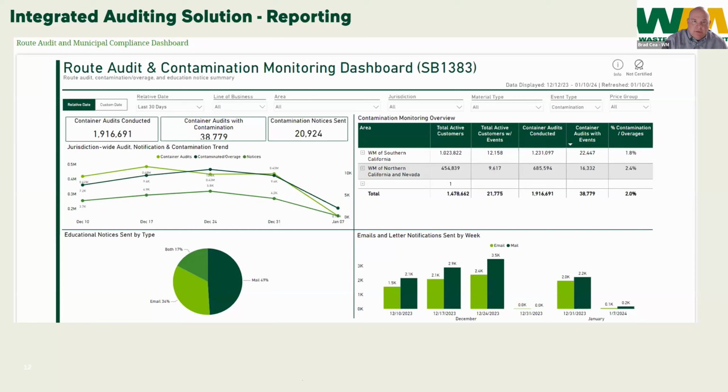So this comes for the city of Ridgecrest and all of our WM customers who have been signed up with SB 1383 in their contract, and it's available to them. Unfortunately, right now, there is no portal for our customers to dial in, but we're working on that. So we mainly get this information to them through an export, but we're excited to be able to share more and more of these opportunities as we move along.